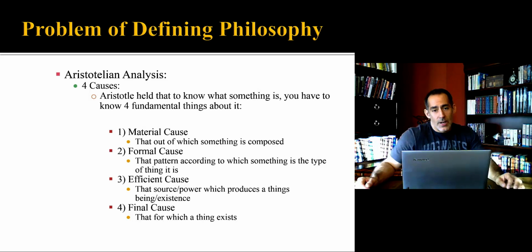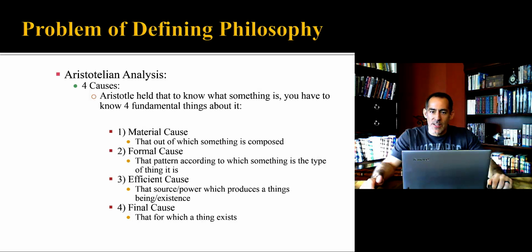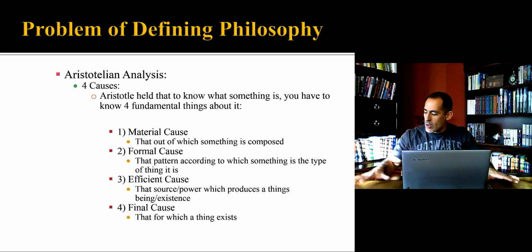And then the final cause, which is the last of the four causes, is that for which a thing exists. And it's going to be hard to avoid final causes as we go through this course in ethics. Final causes have to do, again, with purposes, ends, what we might call, with the Greek word, a telos. Teleology. You're going to hear these words scattered throughout the semester. But what's the final cause of this desk? Well, that's the purpose of the desk, to place a computer, to be able to write on it. If there was no purpose, then the carpenter probably wouldn't have come along and taken the wood and put it together as a desk. They did that for a reason, and that is the goal of the object itself.